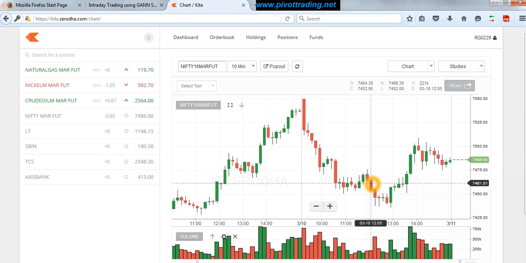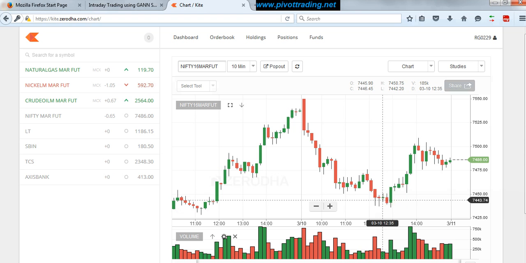So again, here we can use two approaches. One approach is keeping a trailing stop loss at the previous target, or we should be less greedy and keep a disciplined trade, that we will not go beyond target 3 and we will book all our targets at target 2 or at target 3. So if target 2 is achieved, book the profit, come out of the trade. Or if you have decided that you will go for target 3, when it is achieved, book the profit, come out of the trade. Don't wait for the next target. If you want to wait for the next target, then use the concept of trailing stop loss.